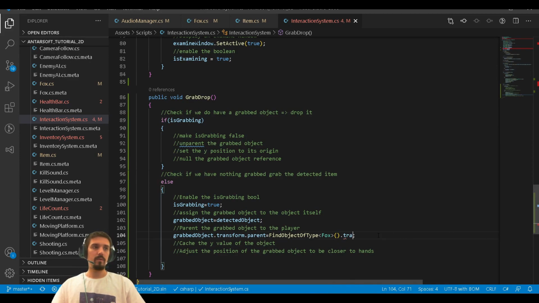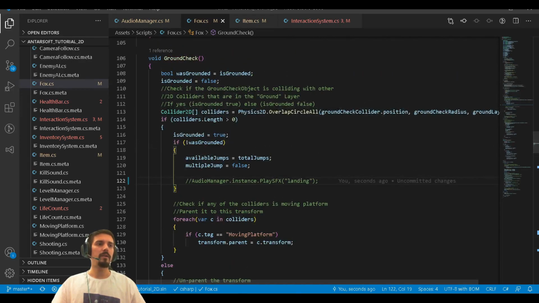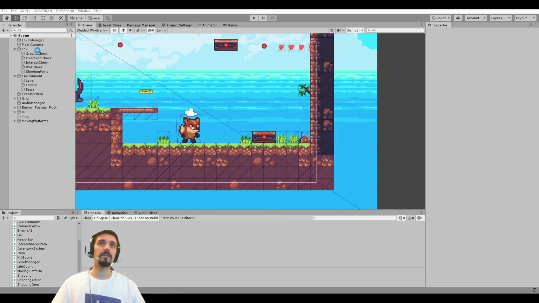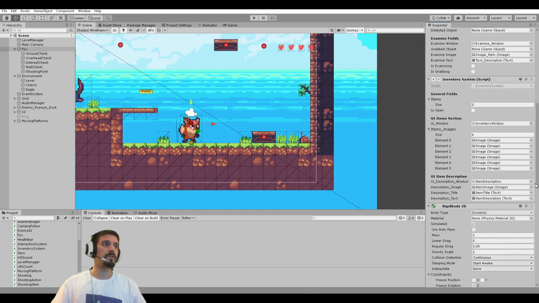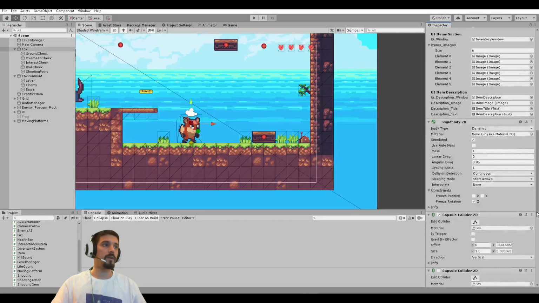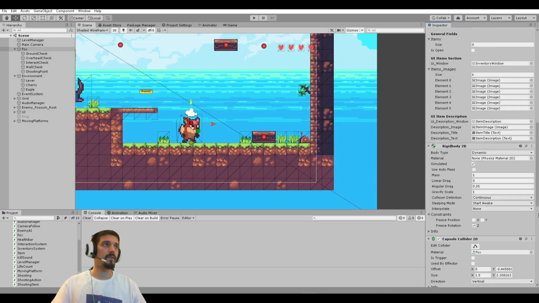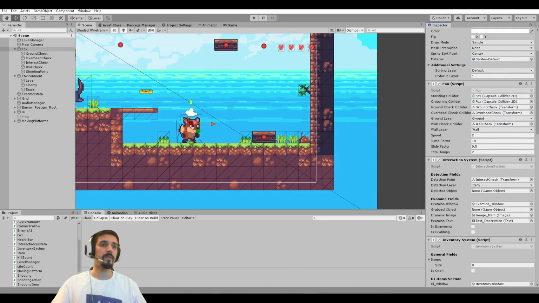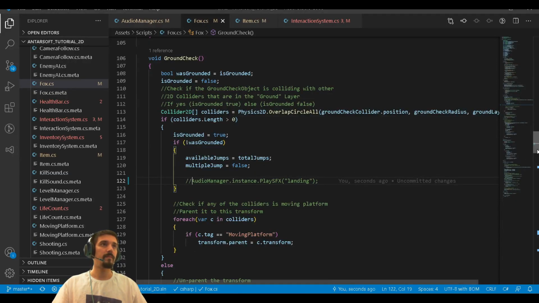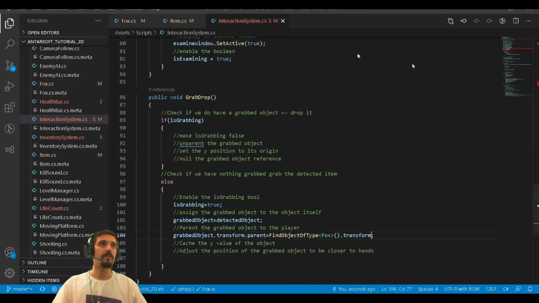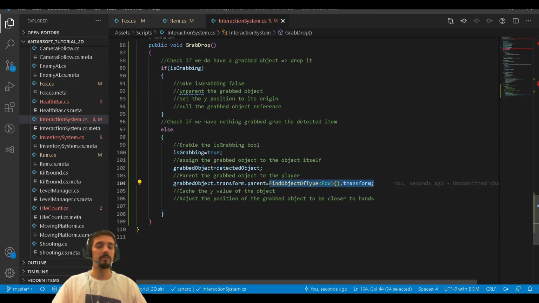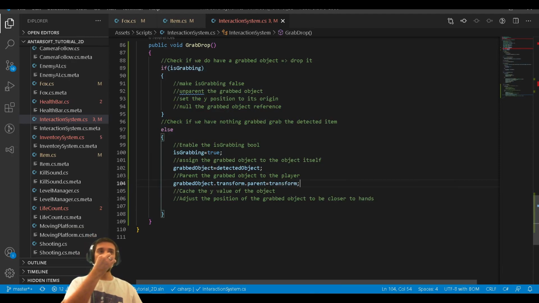I think I need to actually write find game object because all the scripts are in the same place. So I just use the same object stuff. Yeah, I'm right, actually. So we have the fox and it includes all the scripts. Otherwise, you need to make a reference to your script. So we have the interaction system here. Inventory. Interaction. Yep. So that's it. So instead of doing this, we just go transform. So we assigned it parent,